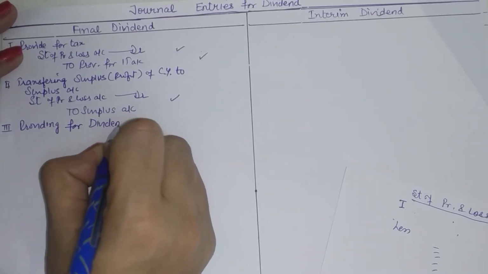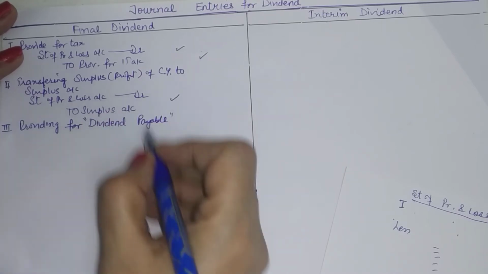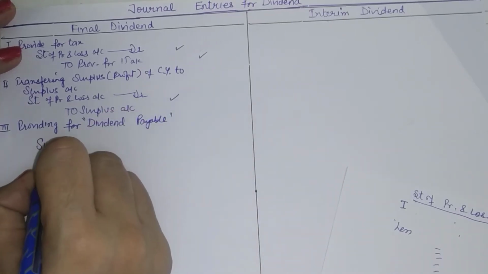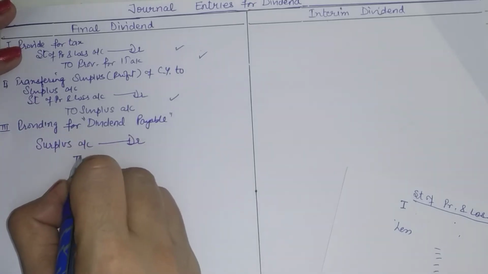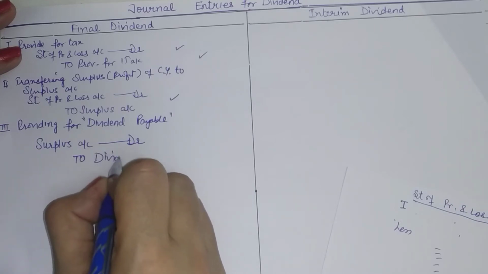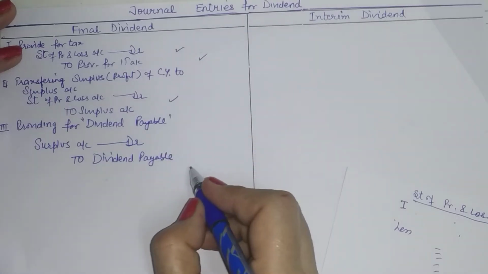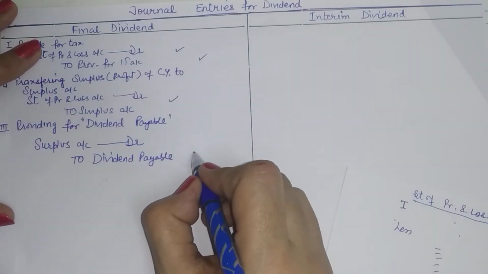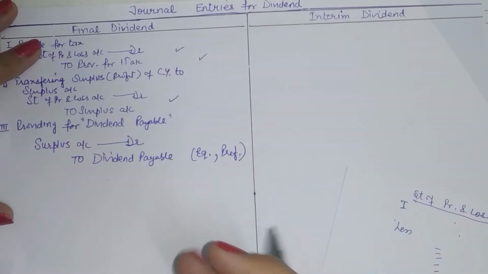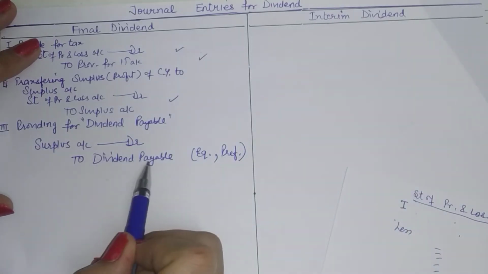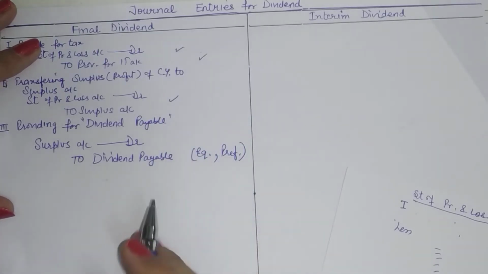dividend payable. So usually the dividend amount is payable out of surplus. So it reduces your surplus balance. So your surplus account is debited and the amount of dividend which is payable now will be credited because it has now become a liability of the company. So this dividend payable will be recorded on equity as well as preference share. So if you have both the categories, you will be writing equity dividend payable and preference dividend payable. The two must be written separately.